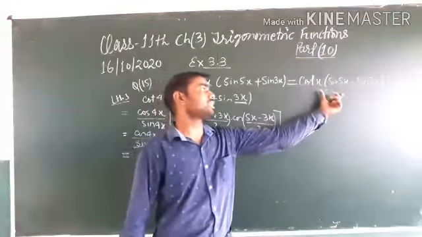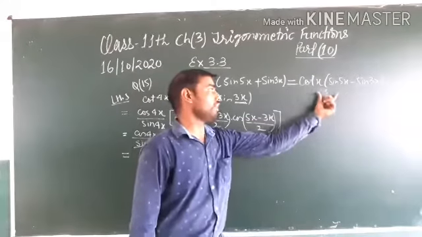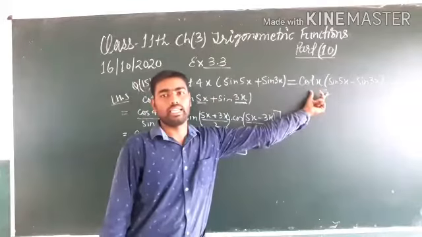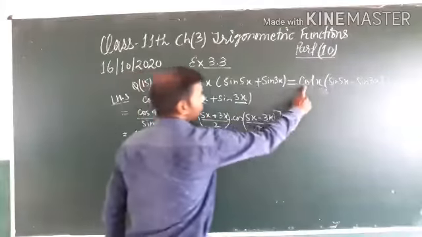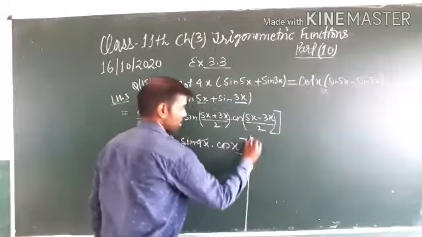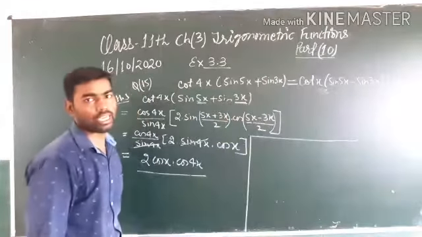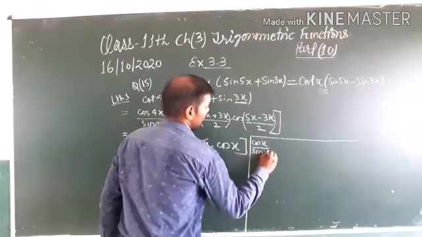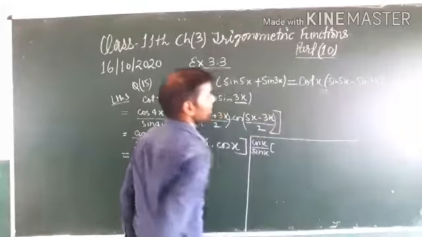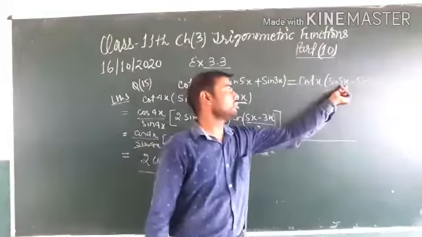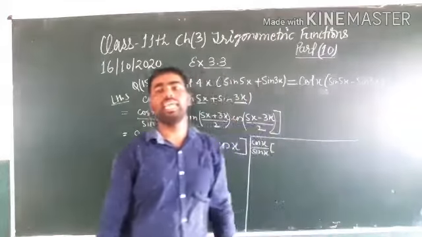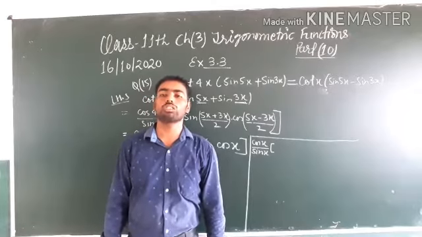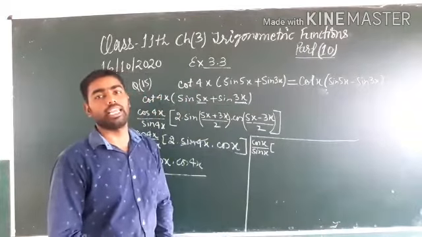Similarly, we solve the right hand side, and if we get this value, then we can say that the left hand side is equal to the right hand side. So we solve this part. Cot x can be written as cos x upon sin x, and here we have sin C minus sin D, or sin x minus sin y. The value of sin x minus sin y is equal to 2 cos of (x plus y) by 2 into sin of (x minus y) by 2.